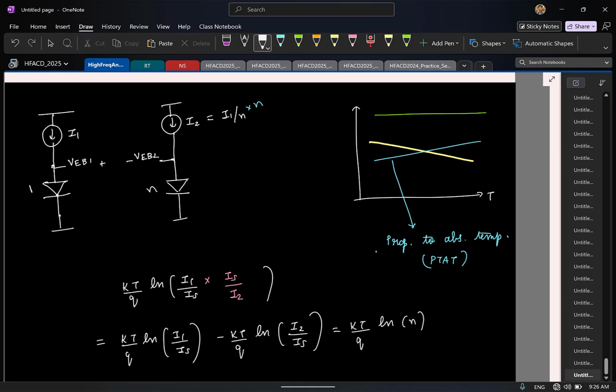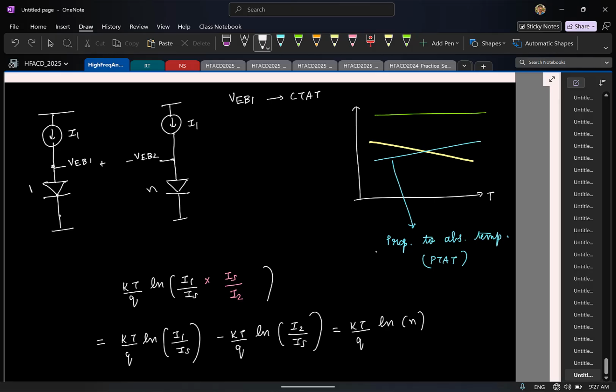So I can say that this current is equal to I1. That way, if I have current I1, I can easily copy and mirror the current using a current mirror. That's why. So now this is also I1. Now what we have established is, if I have a single diode voltage